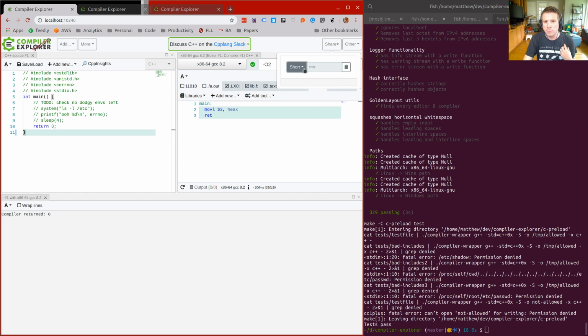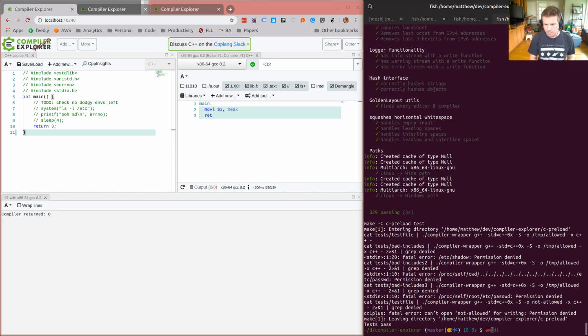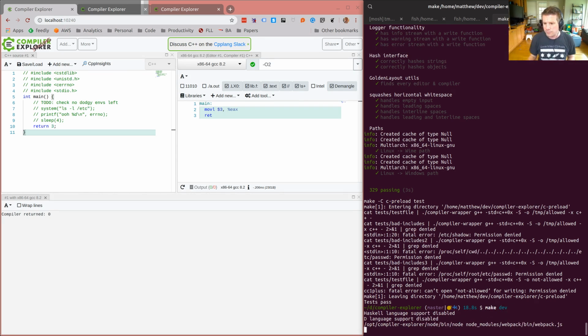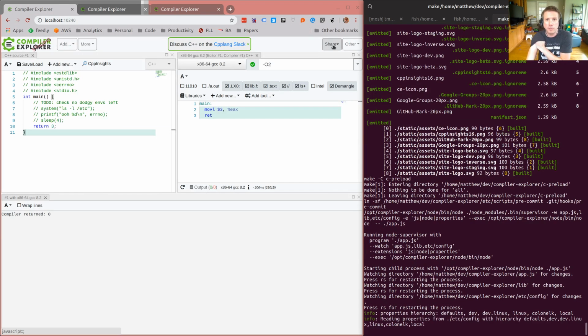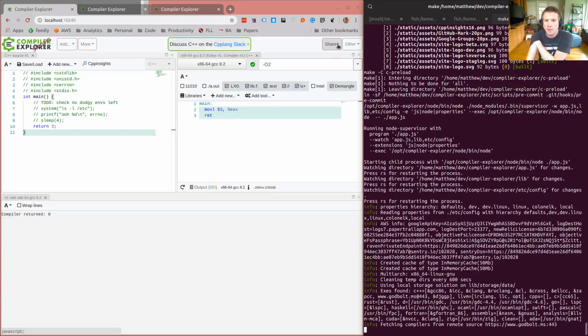Well, that didn't work. What is error? Oh, because I'm not running it anymore. That'd be why. All right, let's just do a quick make dev. We'll be able to see that when you generate the short URL, it needs to know to generate the /beta/blah. Otherwise, you're going to end up creating a short URL on the beta site that points you back at the live site, and I definitely didn't want that. So it needs to know its own real absolute path.